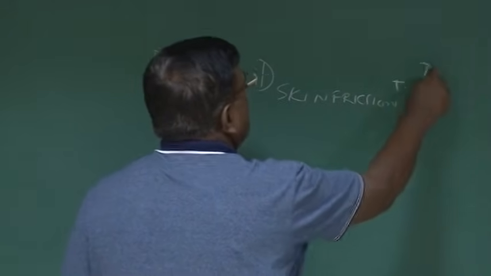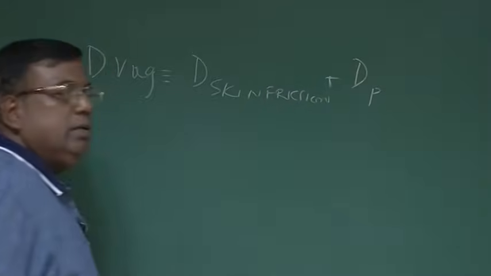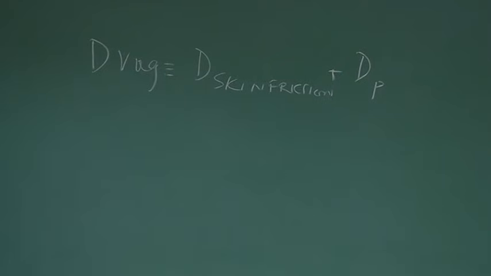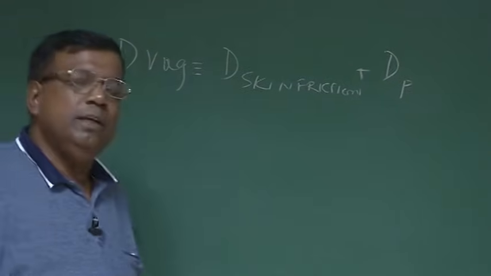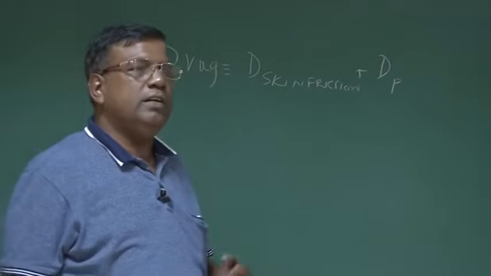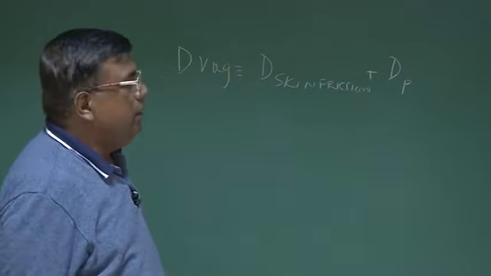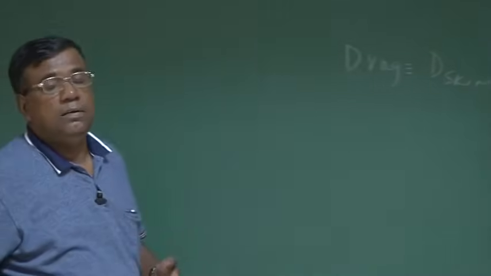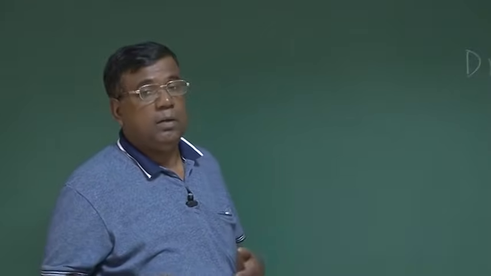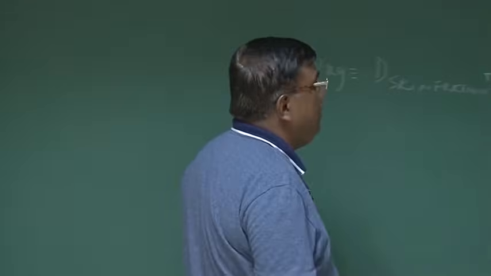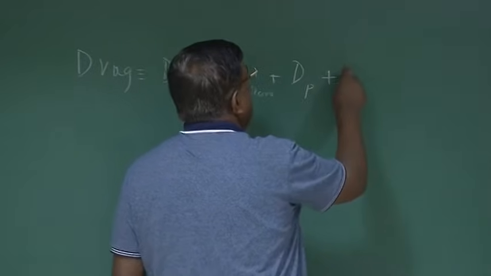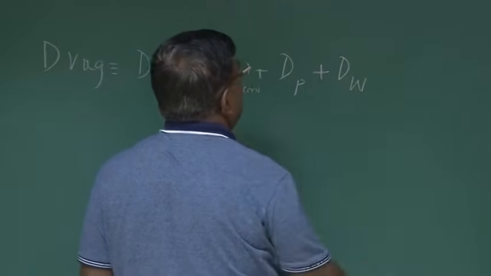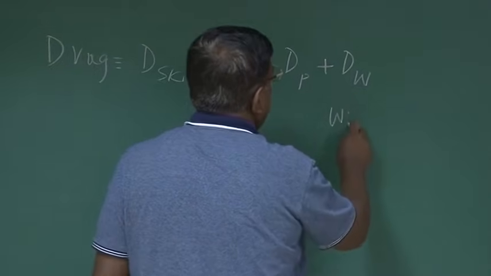Some pressure drag because of flow separation, right? Also, when I go to high speed, reaching near transonic or supersonic, the compression will start and there is a formation of shock wave. If there is a formation of shock wave, we know that a lot of energy will be lost, and that equivalent drag we say dW, or W is for wave drag,